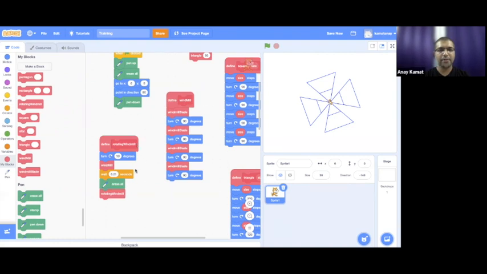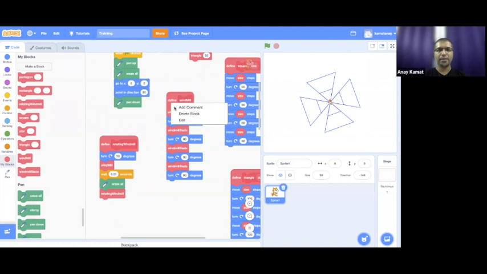Whenever we want to repeat something, this is how we will do it. We define a block that we want to repeat. We define all the actions that we want to repeat, and towards the end we say that we want to call the same block again. And this will keep on happening one after the other.